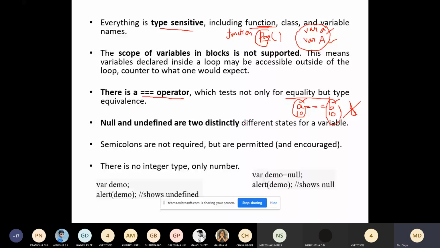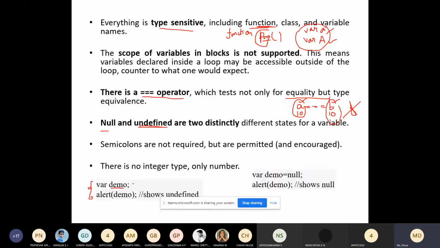Next, these two keywords you have to understand: one is null, another one is undefined. I have an example for this. We have declared a variable demo here, and we have not assigned any value to it.